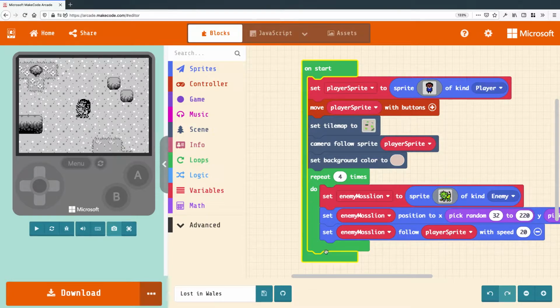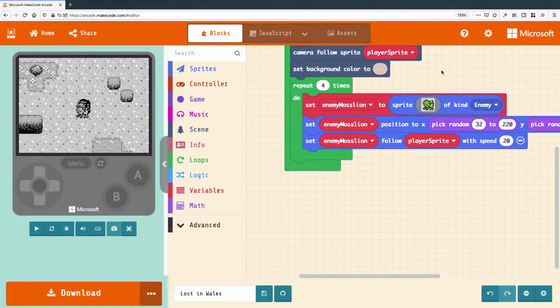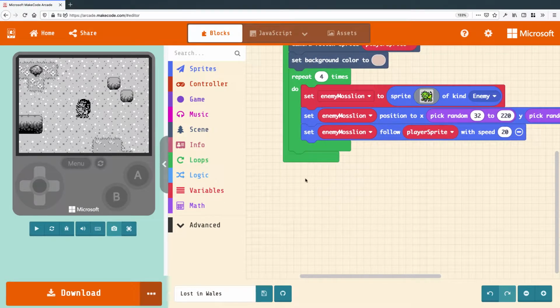An event is one of these blocks which has a flat top and forms a C shape. And this block gets triggered every time a certain event happens. In this case, onStart gets triggered when the game starts. We're going to add a new trigger. This needs to be outside of onStart, and the trigger we're going to add, the event we're going to add,